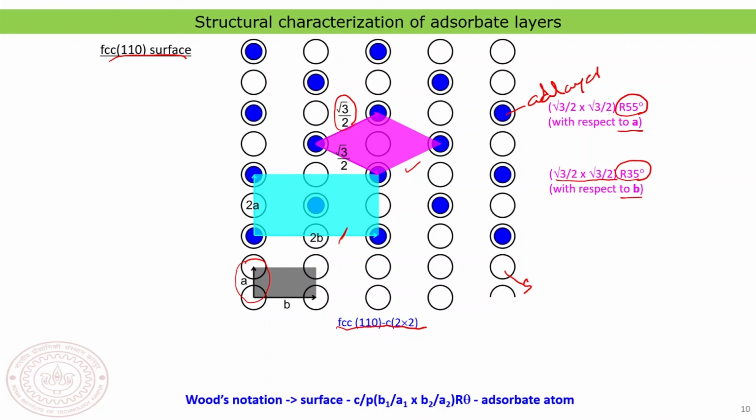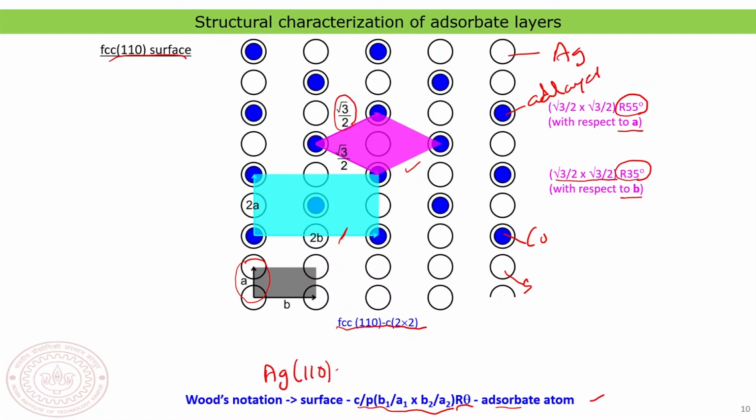Now in general, this is how you write the Wood's notation. You need to have the surface, then the magnitude of unit lattice vectors for the surface and the adlayer, and then the rotation, and then finally the adsorbate atom. So imagine that what you are looking at is a silver surface, and the adlayer atoms are nothing but cobalt. So in that case, we would be writing the surface as Ag